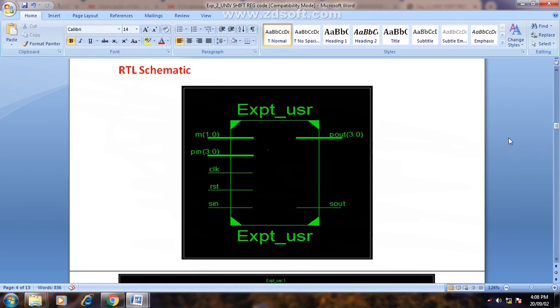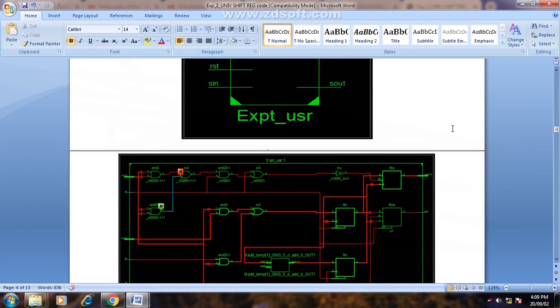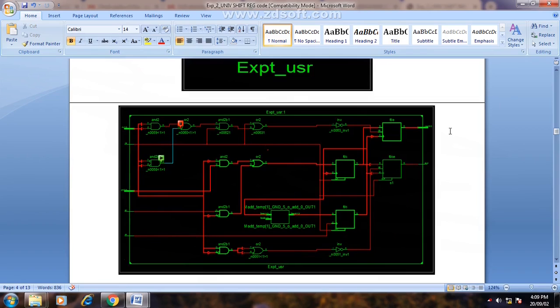So once you write your code, you will have to check syntax. If the syntactical errors are 0, you can do the synthesize, that is you can generate the RTL schematic. So appropriate hardware will be generated in the synthesize. So after that you can observe the RTL schematic, it will look like this. So here you could observe the block diagram representation of your hardware, wherein you could see inputs and outputs. If you double click on this, you will get the detailed architecture of your hardware. So this is what is inside the block of your universal shift register. This is the detailed hardware.